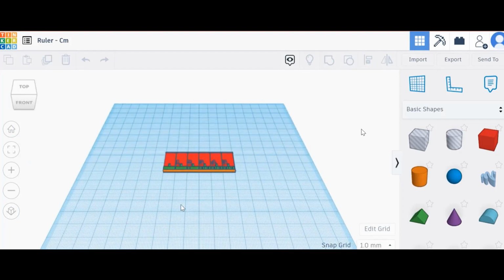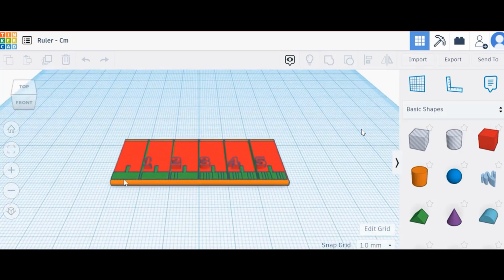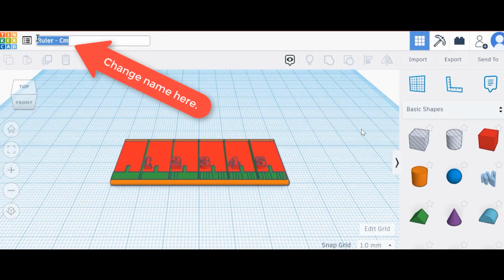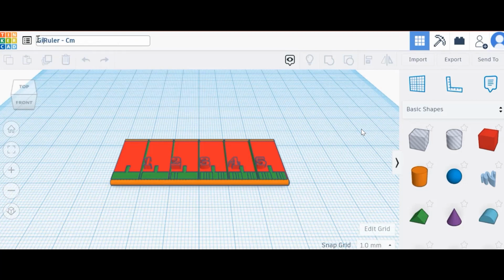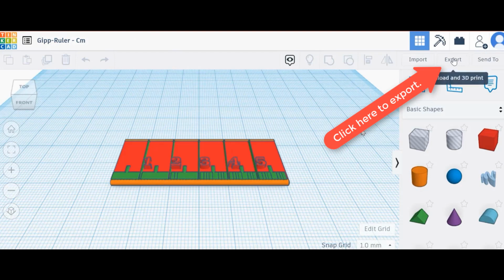I'm going to go ahead and change the name before I download a copy of this ruler for print, because when I gather all of your rulers, they'll all have the same name. I won't know whose is whose. So put your name in front of ruler CM, and then you're going to export